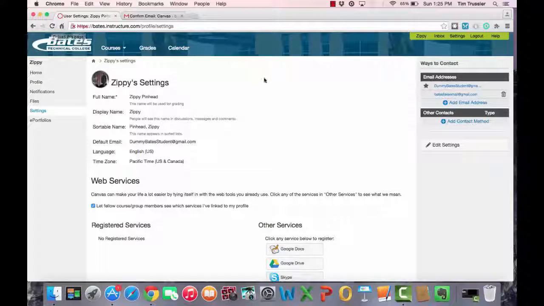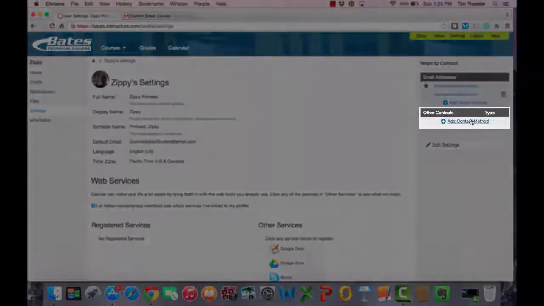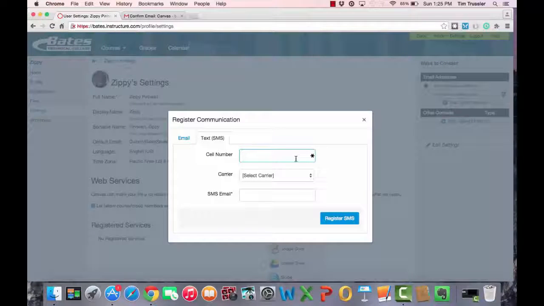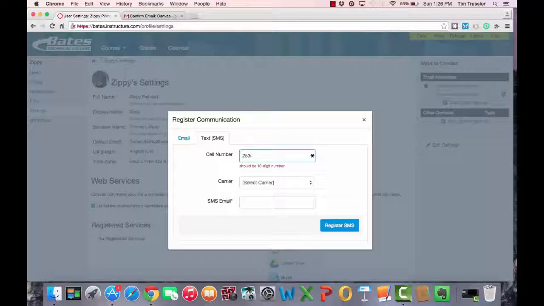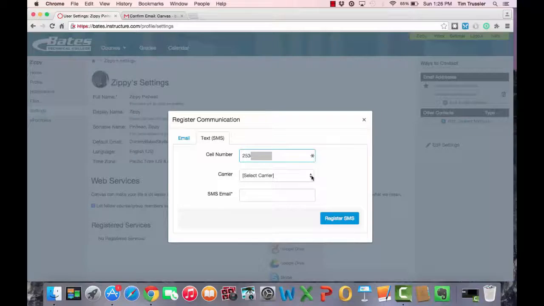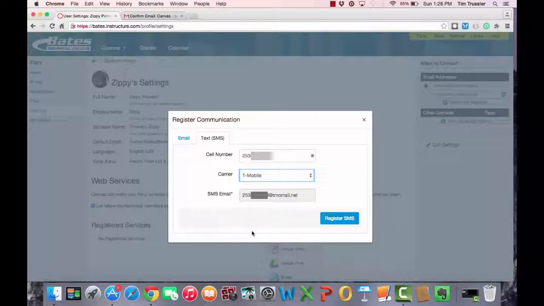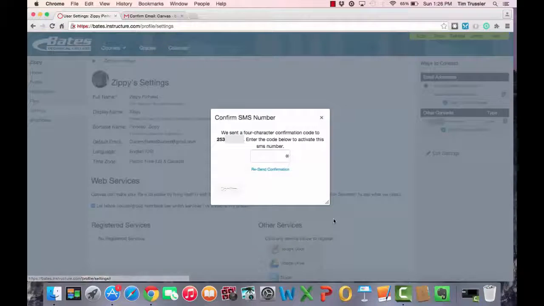Some of you may want to get your messages by cell phone. Also very simple. Click again under Other Contacts where it says Add Contact Method, and enter in your cell phone number. You do need to select your carrier, and it will auto-populate. It will fill in that box saying SMS email based on what you typed in the first two boxes. Click on Register SMS, and you'll again get a pop-up message saying they've sent you a code,